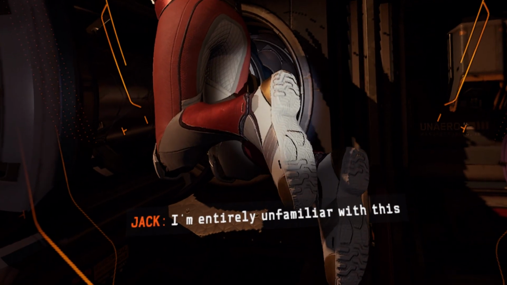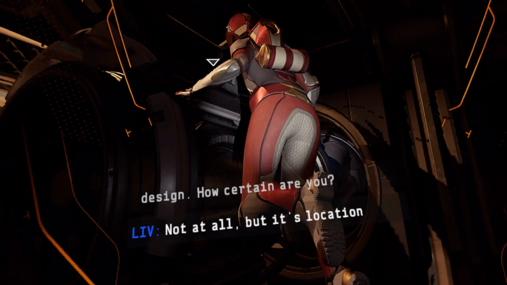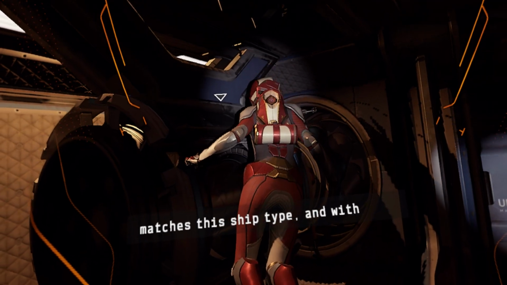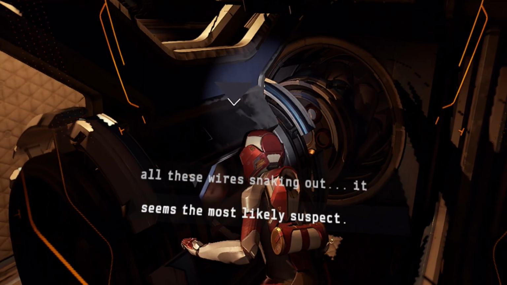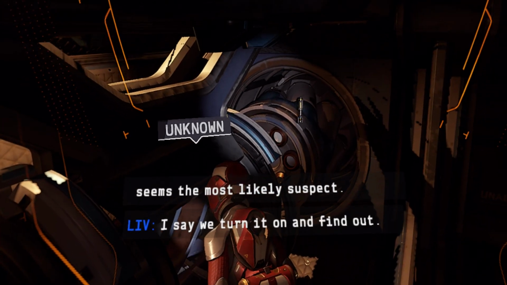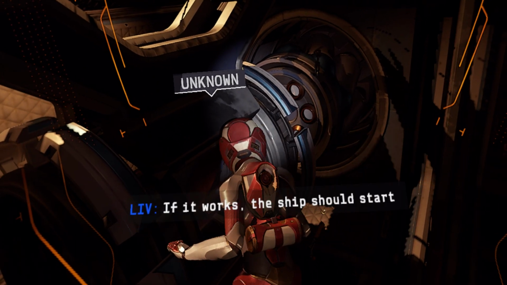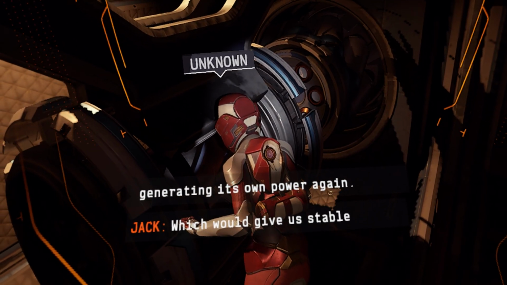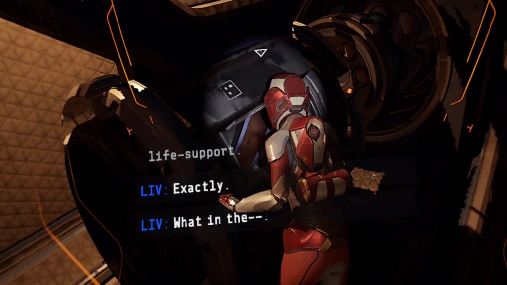I'm entirely unfamiliar with this design. How certain are you? Not at all. But its location matches this ship type, and with all these wires snaking out, it seems the most likely suspect. I say we turn it on and find out. If it works, the ship should start generating its own power again. Which would give us stable life support. Exactly. What in the...